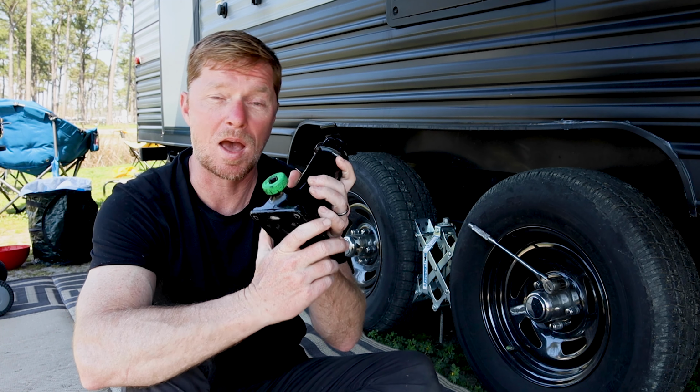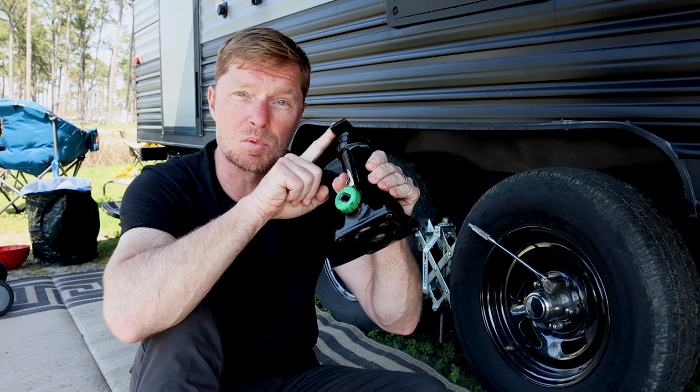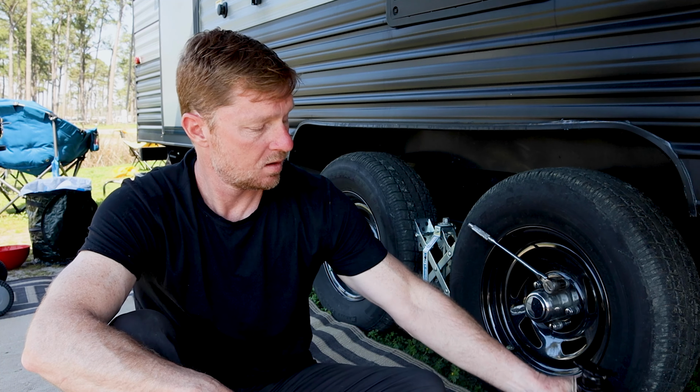Now this jack came out of my truck. I have a 1-ton truck that I tow our rig with, and it works just perfect. I can take the jack and stick this part right underneath the axle and lift the axle up and get to my tire easily. The reason I say that you need to be prepared is because most RVs do not